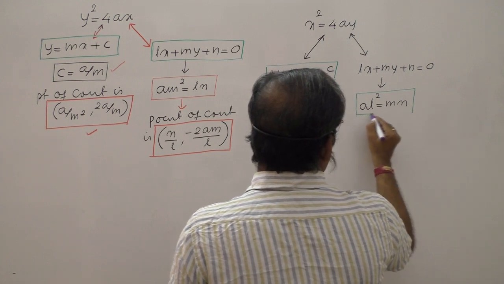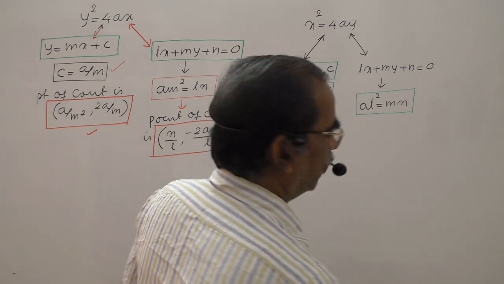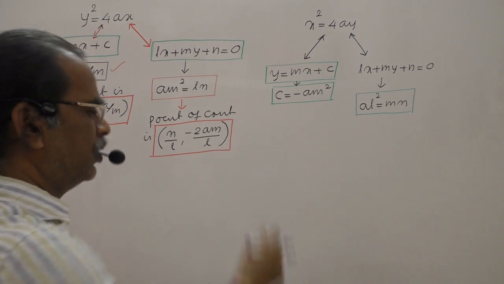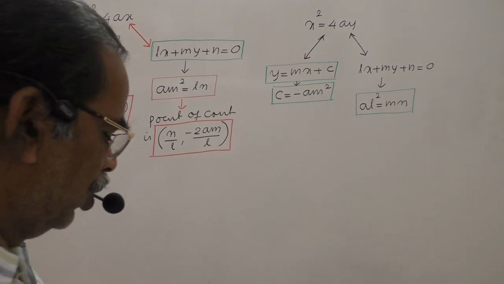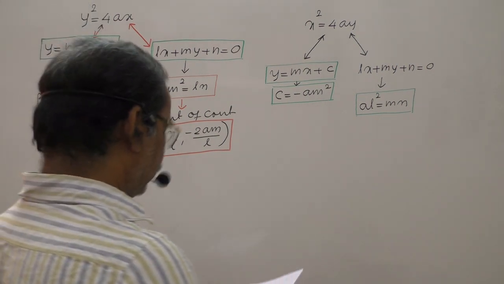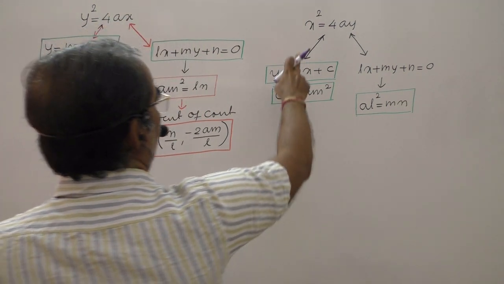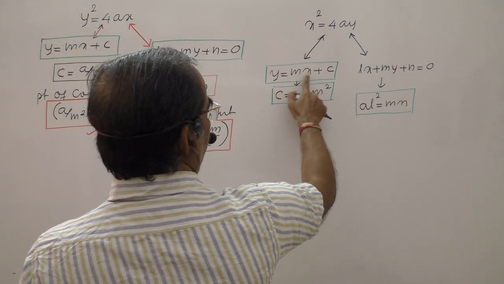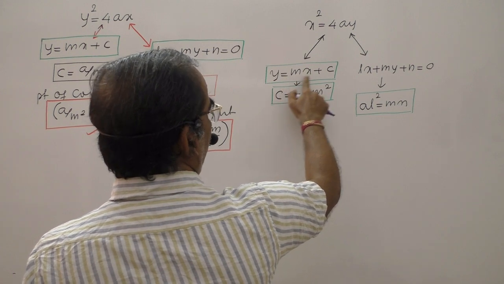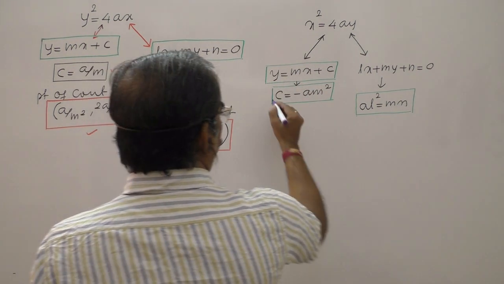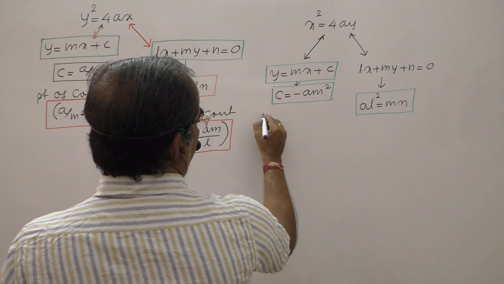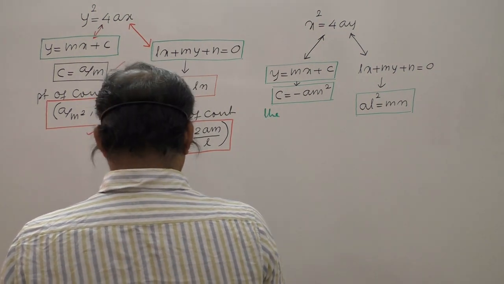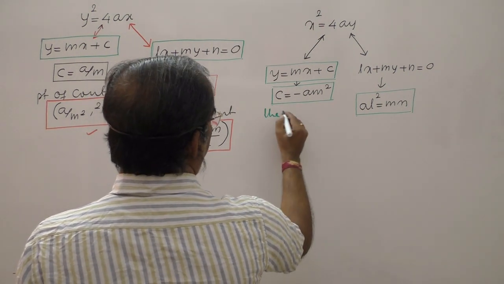It is enough if you remember at least one formula, either this or this. So the parabola x square equal to 4ay will touch the line y equal to mx plus c when this is the condition, and in this case the point of contact is